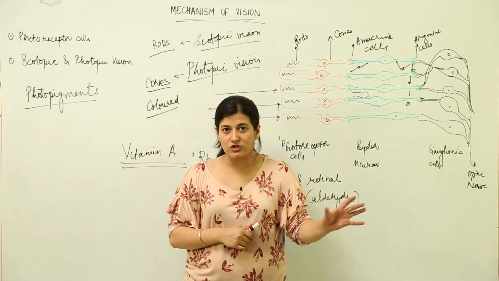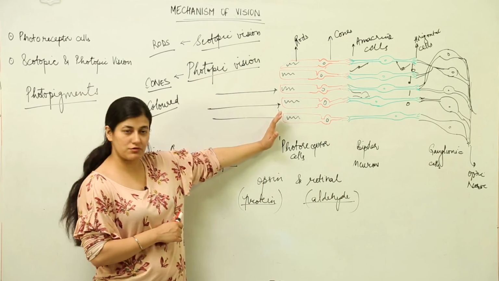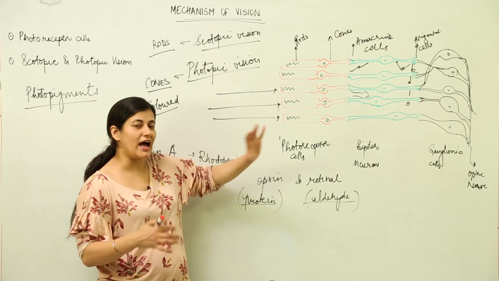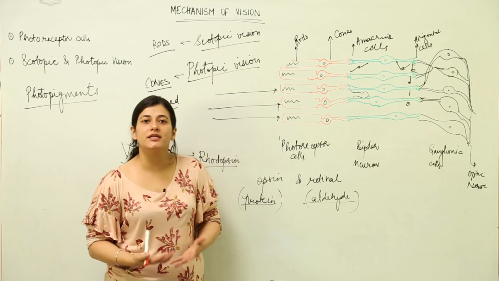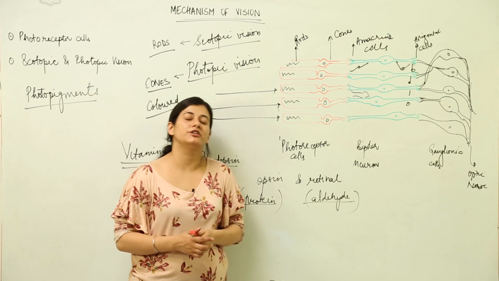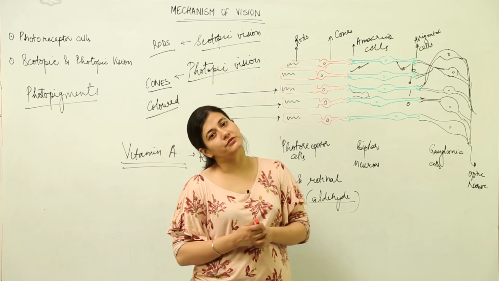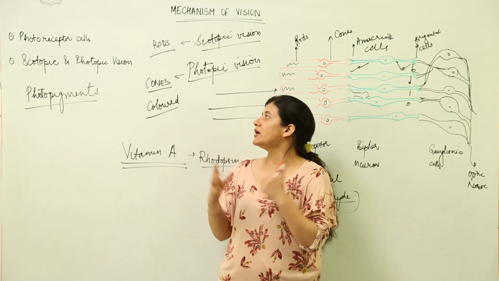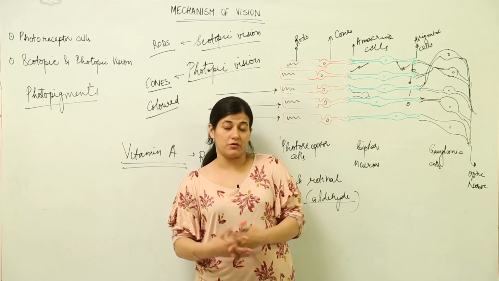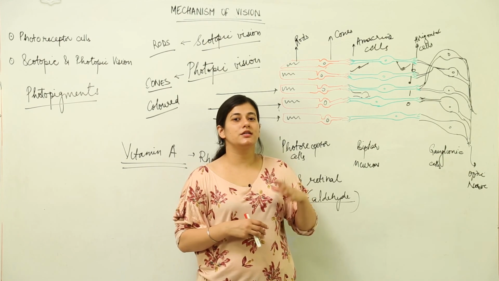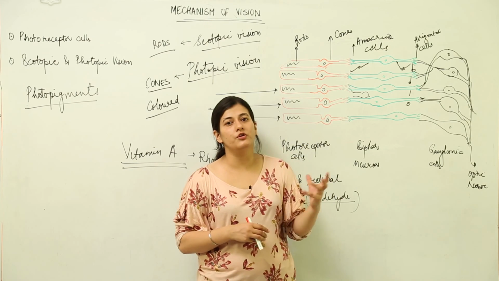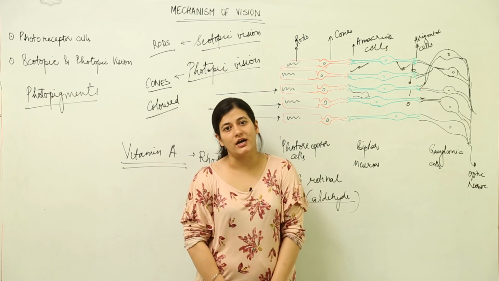That is under the mechanism of vision, where the light comes and falls on the photoreceptor cells. Photoreceptor cells have a photopigment, it dissociates, it generates an impulse, and that impulse is further sent to the brain for further processing. So, this is all about the mechanism of vision. It is quite a complex mechanism, but what we restrict ourselves to is understanding what type of cells of the retina are playing what role.